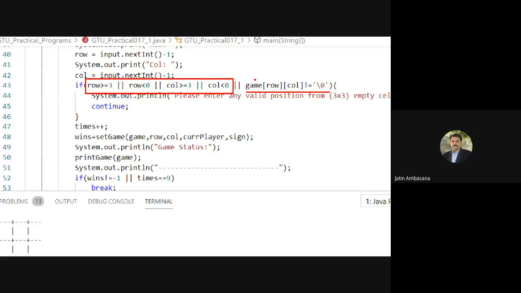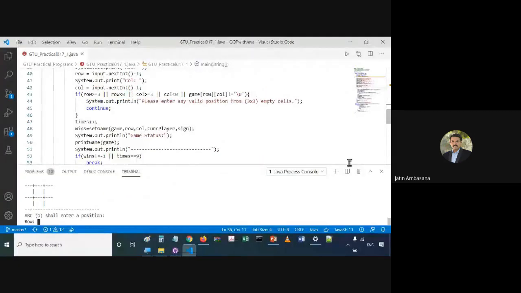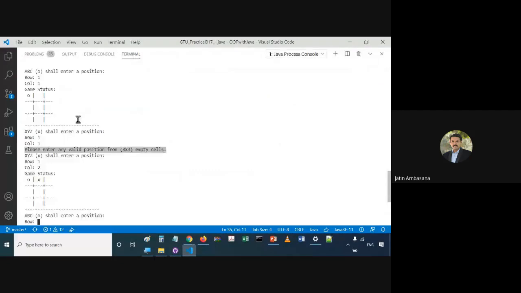So by default, when this game array is created, it will have null characters, right? But if at any point of time you give a row and column number that does not have a null character, that means the user is giving a location which has already been entered by the other user. So we don't need to check separately for a duplicate location.